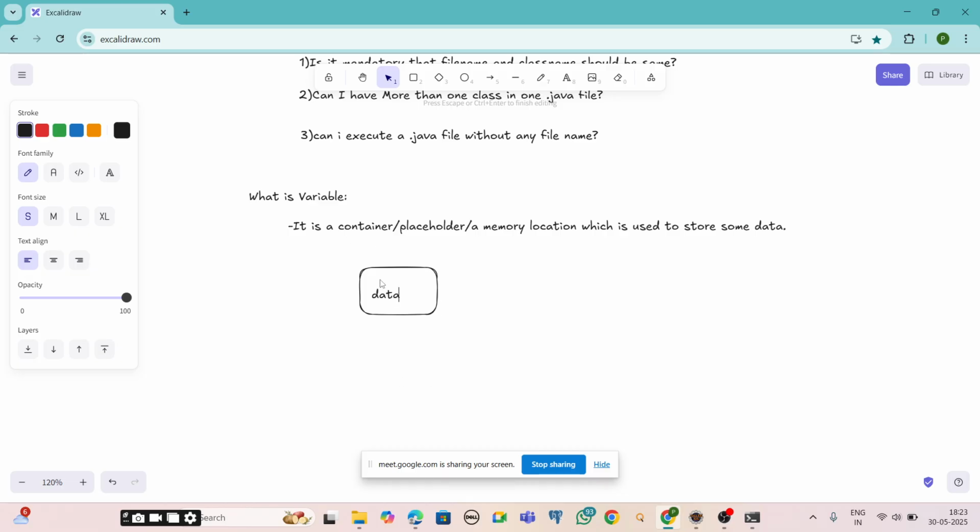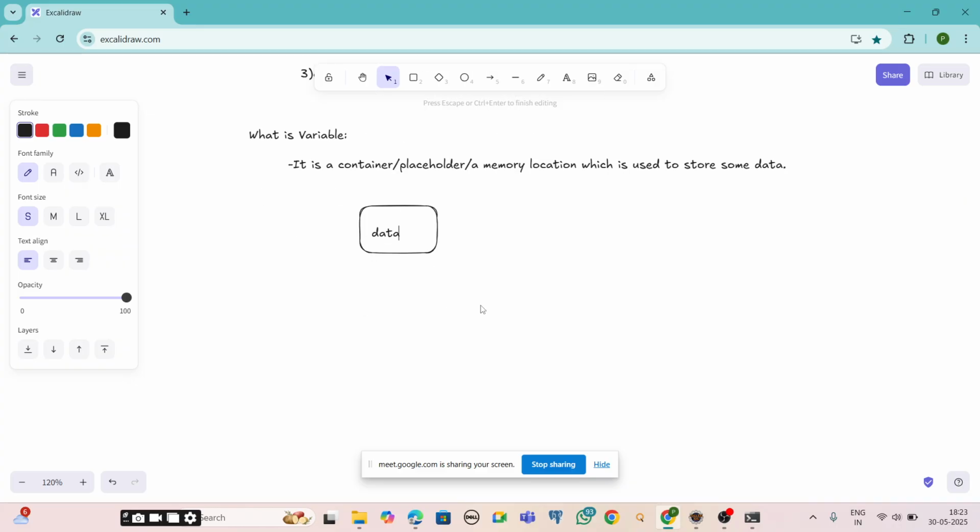So this is how a variable works. This is a variable.